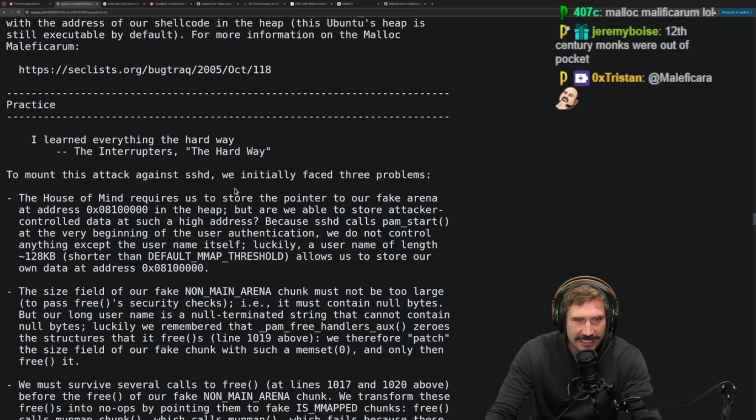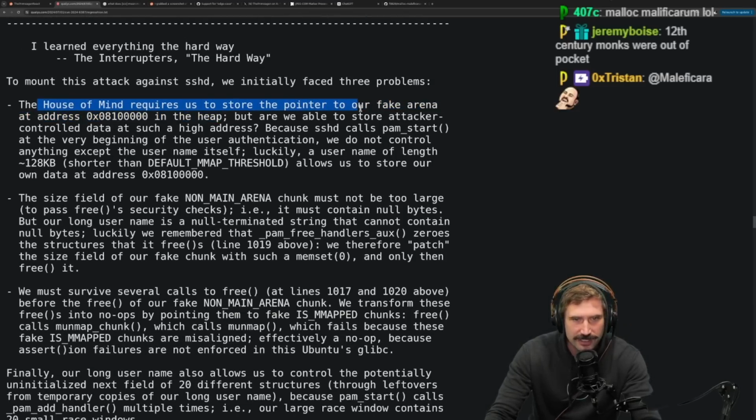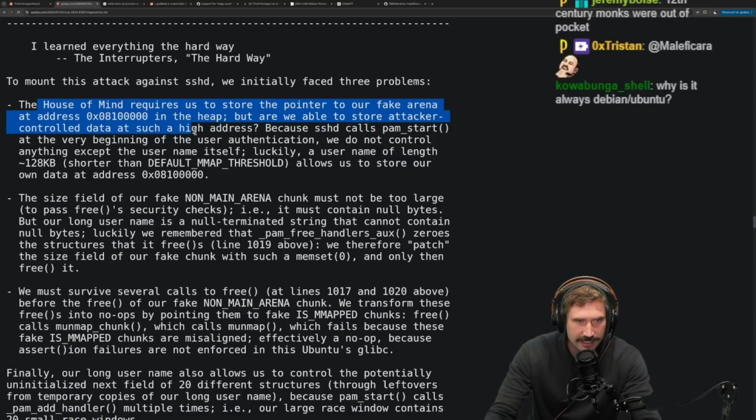To mount this attack against sshd, we initially faced three problems. The House of Mind requires us to store a pointer to our fake arena right here in the heap, but we were unable to store attacker-controlled data at such a high address. Because sshd calls PAM start at the very beginning of the user authentication, we do not control anything except the username itself.